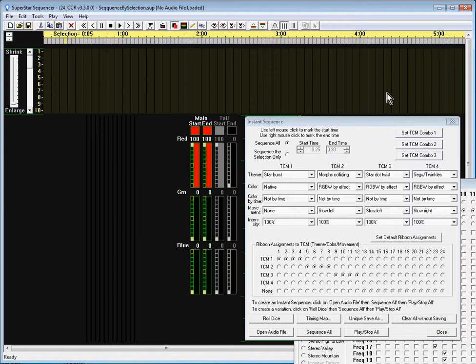Welcome to the SuperStar Instant Sequence by Selection tutorial. When I say sequence by selection, I'm referring to this option right here on the Instant Sequence dialog box that says Sequence the Selection Only. I'm going to select that. In this tutorial, I'm also going to cover some other miscellaneous techniques that you can use in creating your